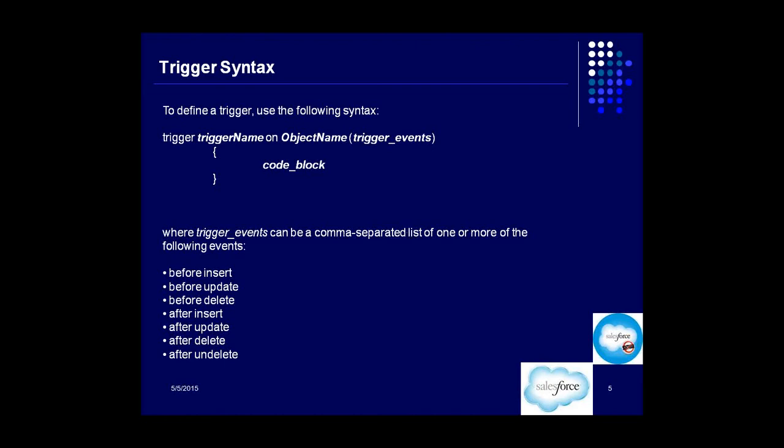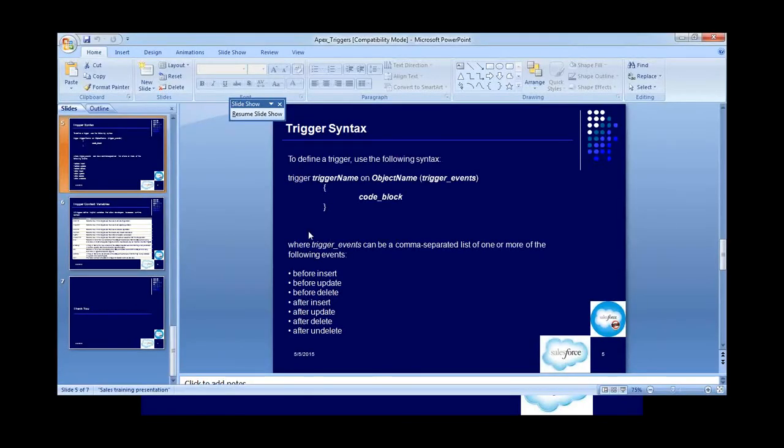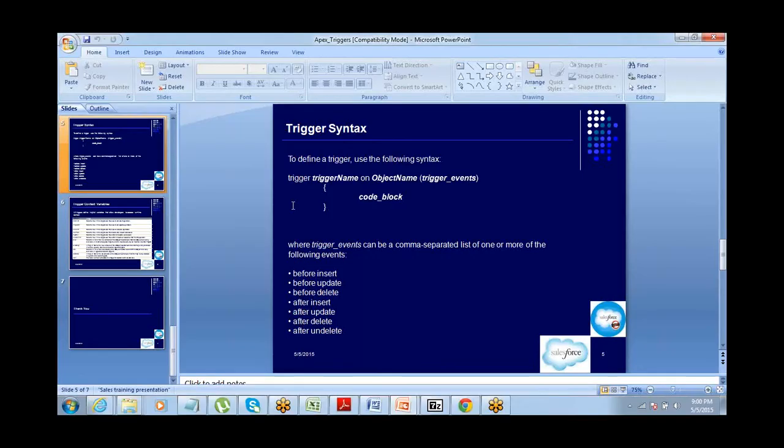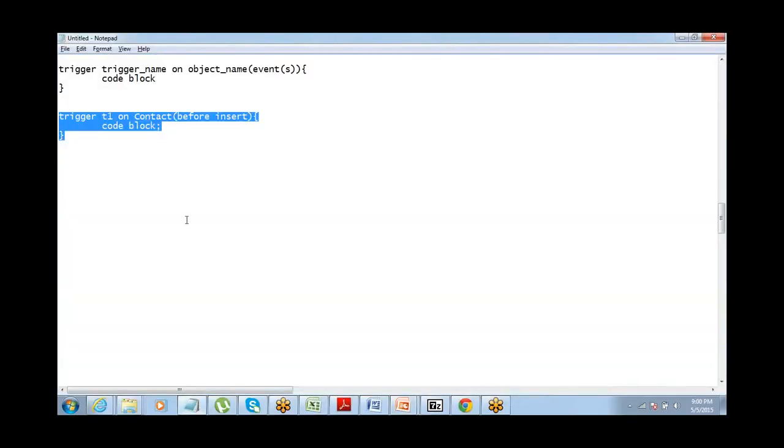Okay, clear? So syntax wise, event wise, we have understood. Now there is one more thing that we have to understand before we can write the code. Okay. So before I talk about that aspect, let's do a bit of brainstorming. Okay. Now you try to write a code here.